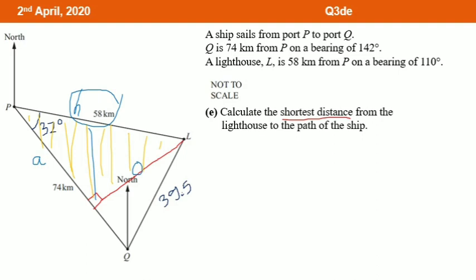What we can use is the O and H, remember SOH CAH TOA, right? So for O and H we can use the SOH. So I can say SOH, sine 32 is equal to O. The O we don't know, I make it as X, and then the H is 58. And then we can write it as sine 32 is equal to X per 58. And then to find the X, we can just do multiplication. The X will be 58 times sine 32, which is equal to 30.7 kilometers.